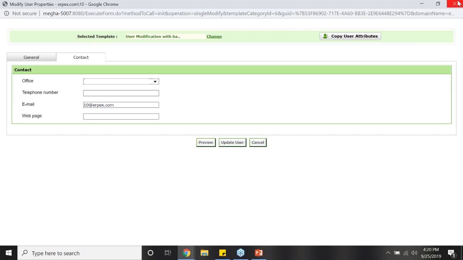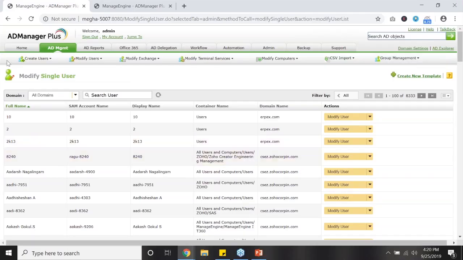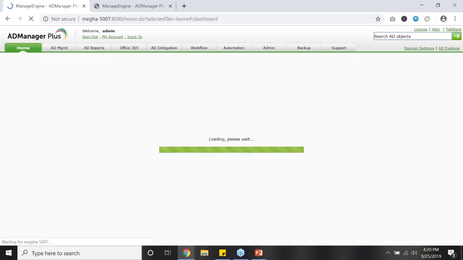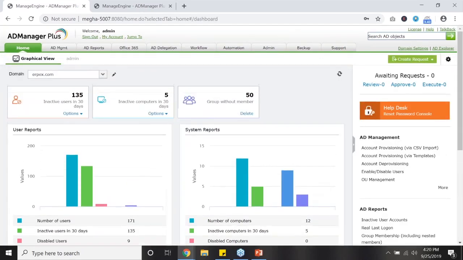So these kinds of simple tricks to manage your changes within your AD are not available in native tools, and that's why AD Manager Plus tries to be that one single point of tool where IT administrators and IT security teams would reach out when it comes to